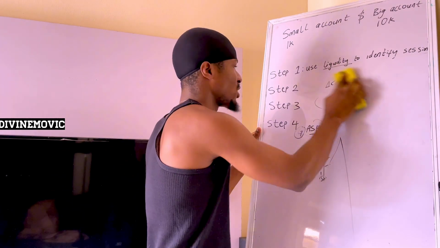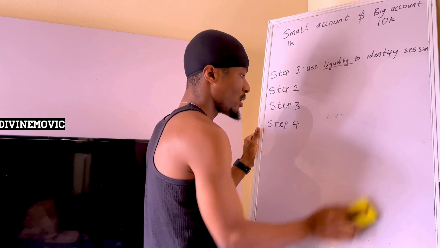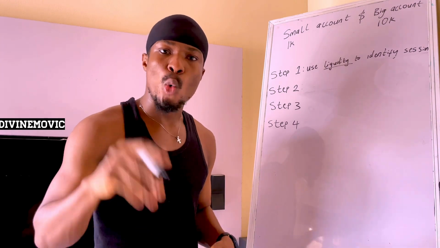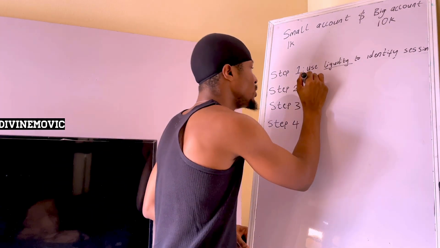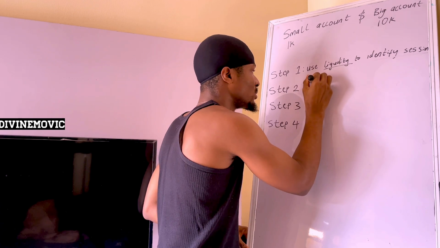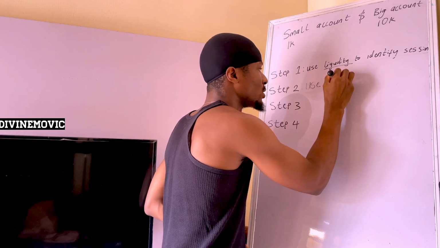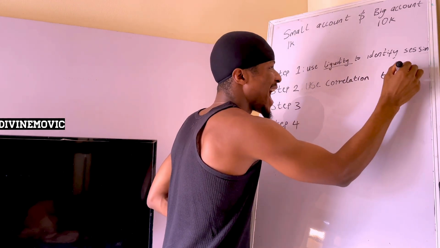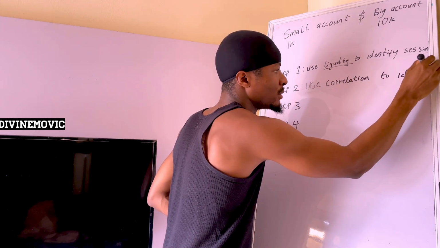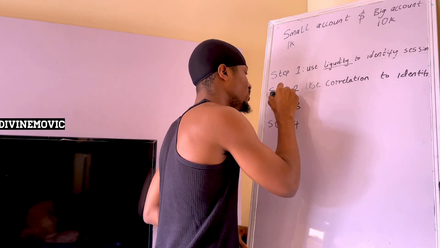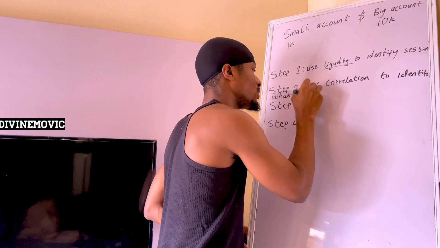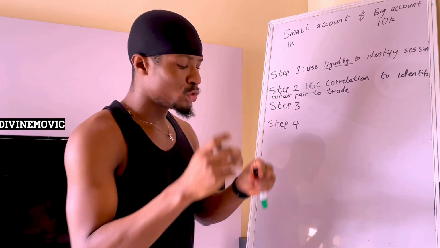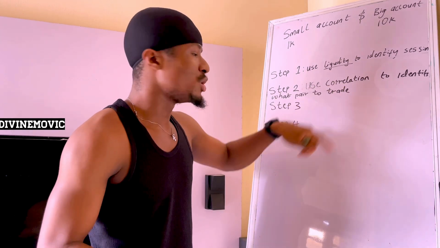Now we have the second step. The second step is simply to use correlation to understand what pair you should trade. That means use, man, this is going to stress me out. Use correlation to identify what pair to trade. Now, for you to be able to use correlation to understand what pair to trade, you want to simply understand